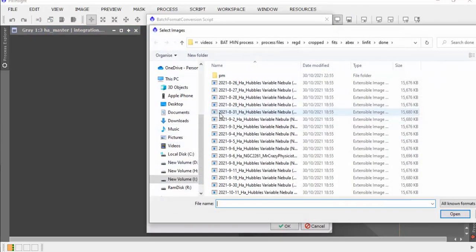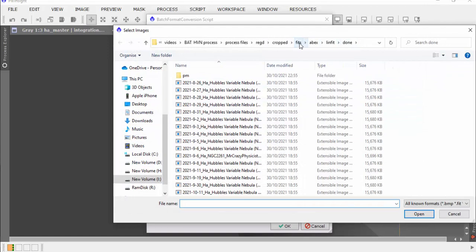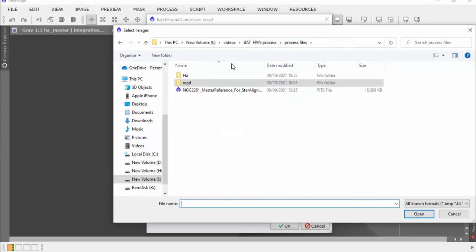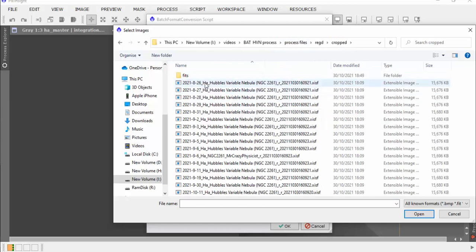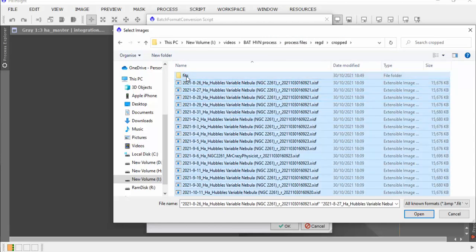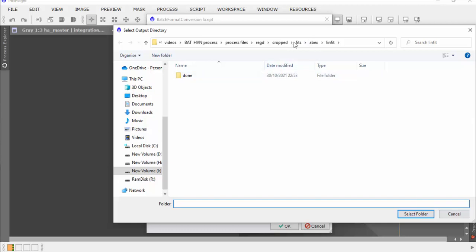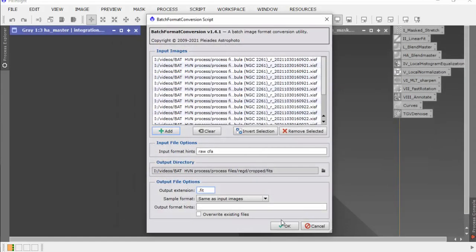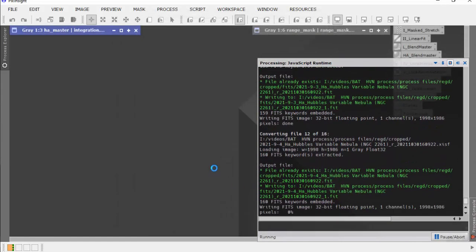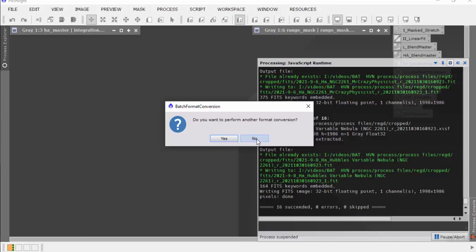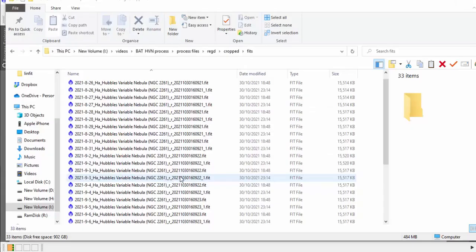And here we add in our XISF files from our cropped folder. Change the output extension to FIT, and the output directory will be FITs. And click OK. And click No, do you want to perform another format conversion? Because we don't need to. So now we have that FITs folder containing FIT files, not XISF files, which we can now run on the